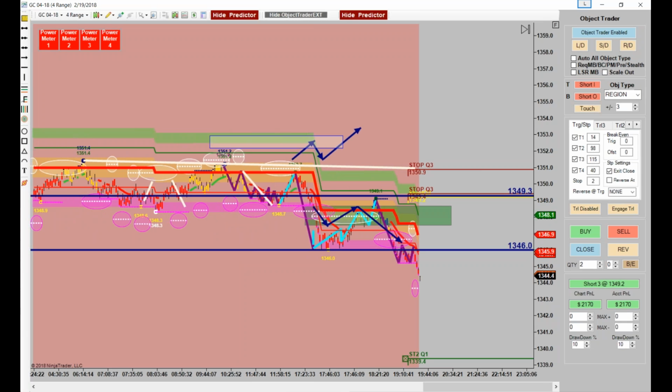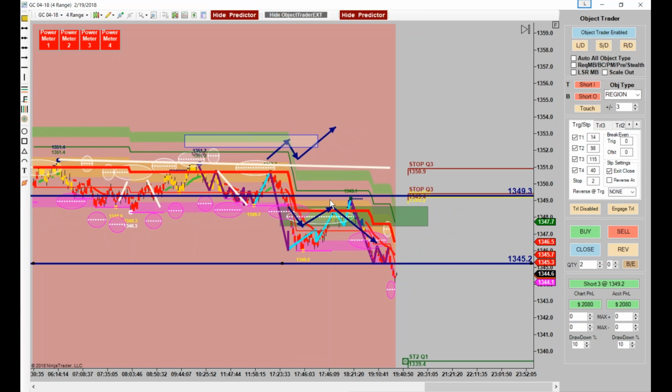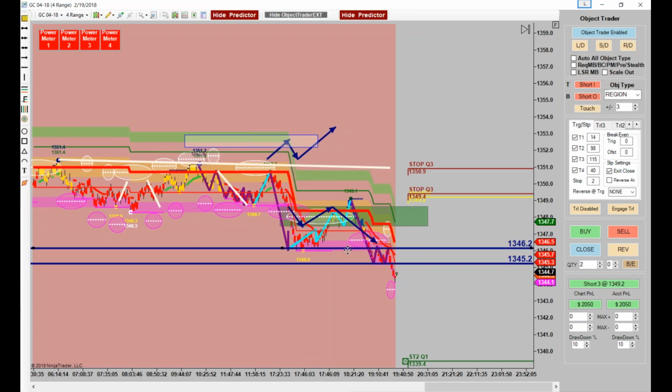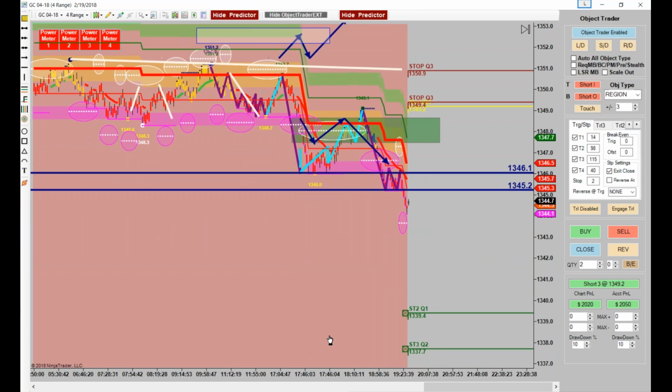So next time, where's the trade? Same thing, same question, same answer, right? Well, don't you think that more than likely, if we continue breaking down at all, we're going to probably come back and kiss this area here or this area here? But see, this area's already been kissed. See that? Twice. So they've already said, honey, I'm home. I don't think they'll do it again. They don't normally.